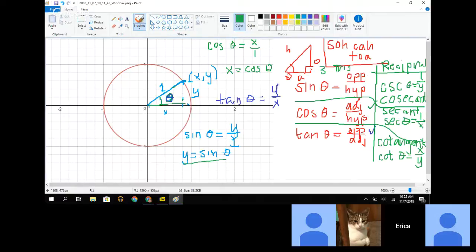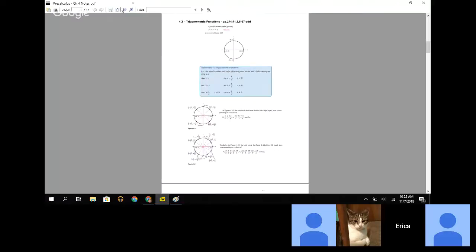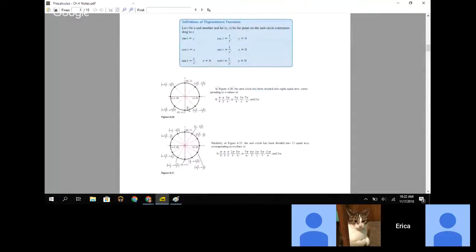All right. So that's just a bunch of information. And then on your notes, there's actually a unit circle that has been divided out. Let me zoom in a little bit here. This is a unit circle that has been divided out into 8 equal arcs. And this is a unit circle that has been divided out into 12 equal arcs. The unit circle that I gave you on the front of your notes is actually a combination of both of those. So basically the big one that says unit circle, I'm going to make a better copy for you of,